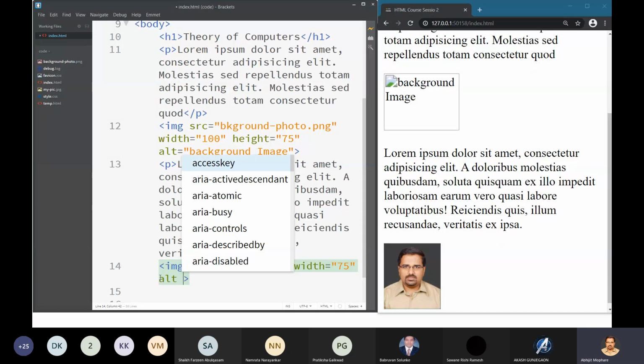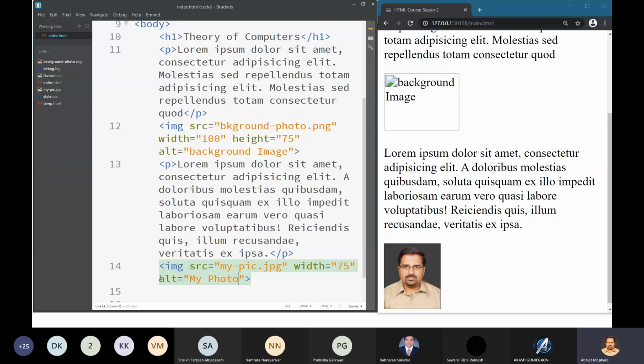Correct. So this is the alternative tag or alternative attribute. Right. So the moment that file is not available, the browser will display the alt text over there.